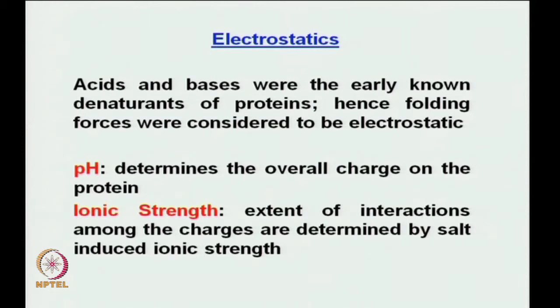Okay. So, as shown out here, pH, what does it show? It determines the overall charge on the protein, obviously, because as you start increasing or decreasing pH, accordingly you will protonate or deprotonate residues, and the charges will vary. Then also the ionic strength. Now, remember, if you have an attraction or repulsion between two charges, and you put in salts, what will happen? The salts can actually come in between, solvate the respective charges and screen those interactions.